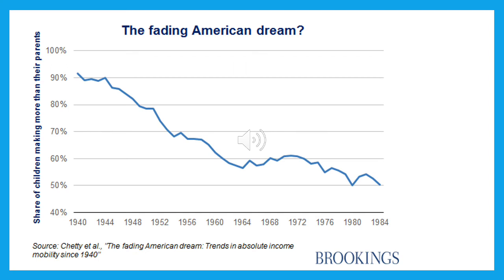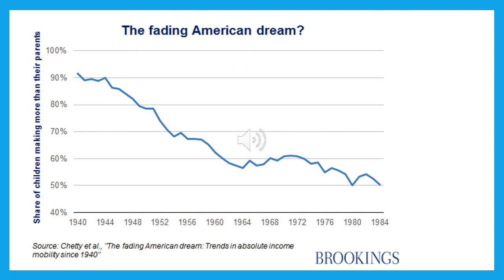And the x-axis going across the bottom of the chart represents the birth cohort of those children. So children born in 1940 at the left, and children born in 1984 at the right. So just for reference, I was born in 1987. My older brother was born in 1980. So we're talking about people who are in their 30s and early 40s today,